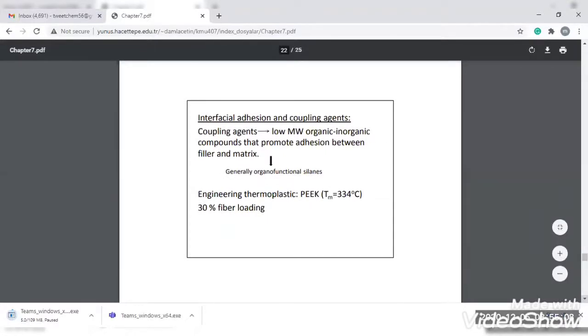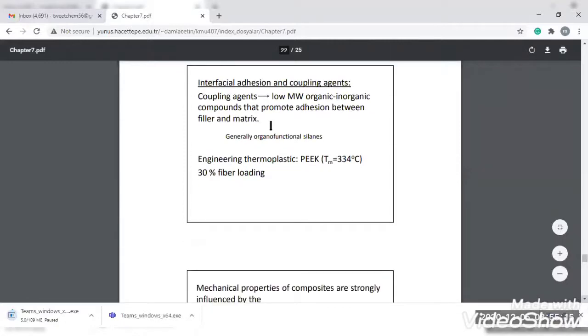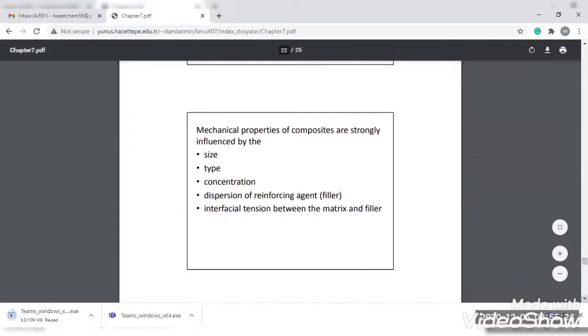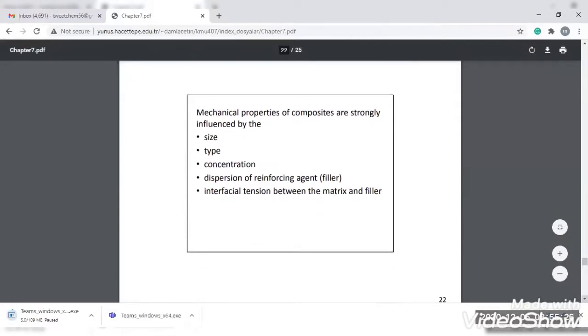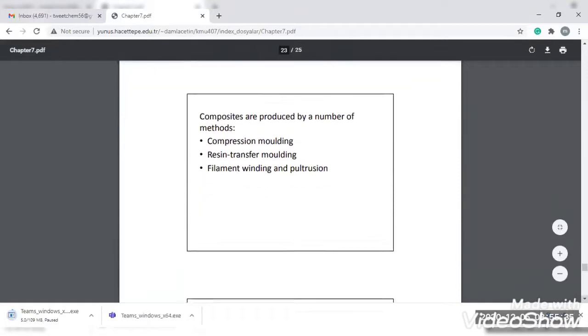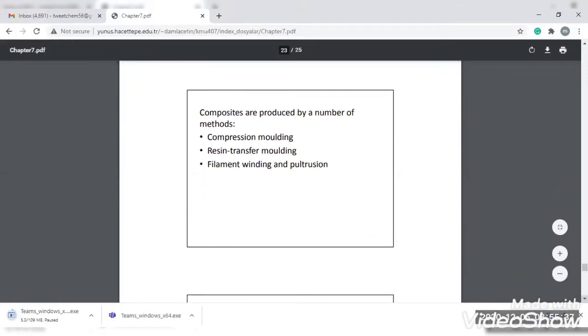Coupling agents are low molecular weight organic-inorganic compounds that promote the adhesion between the filler and the matrix. Generally they are organofunctional silanes. In engineering thermoplastic PEEK, the Tm is at 334 degrees centigrade, with 30% fiber loading. The mechanical properties of composites are strongly influenced by the size, type, concentration, dispersion of the reinforcement agent, and the interfacial tension between the matrix and the filler. Composites are produced by a number of methods: compression molding, resin transfer molding,